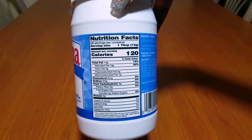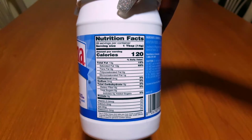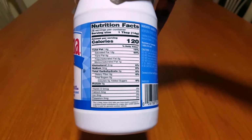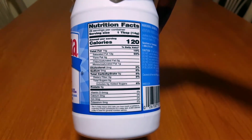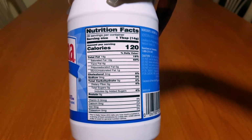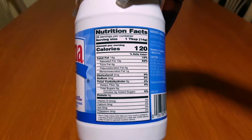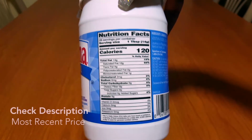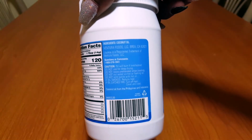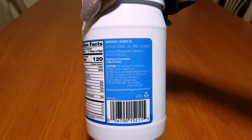Here are the nutritional facts. Serving size 1 tablespoon. It has 28 servings per container, really just depending on what you use it for. It can go a long way. Okay, let's see, it's got 14 grams of fat, 12 grams of saturated fat, 0 trans fat, 0 cholesterol. Love that. The ingredients, it is pure coconut oil by Ventura Foods,